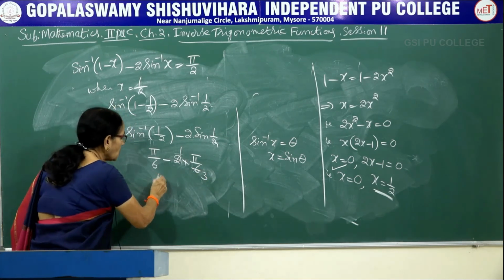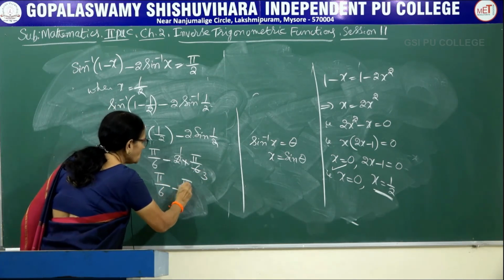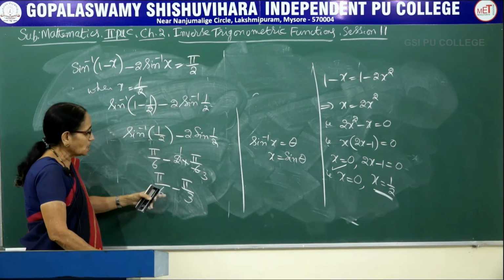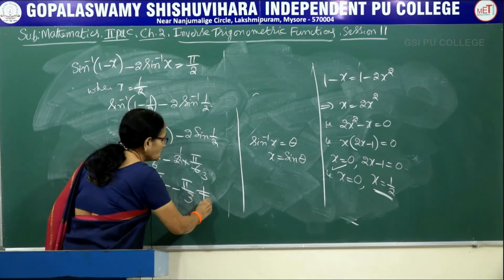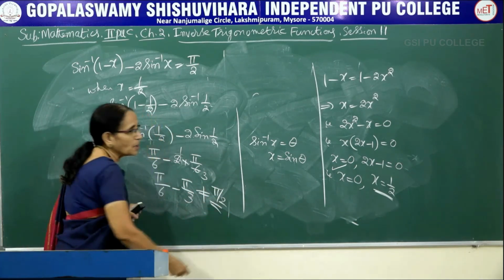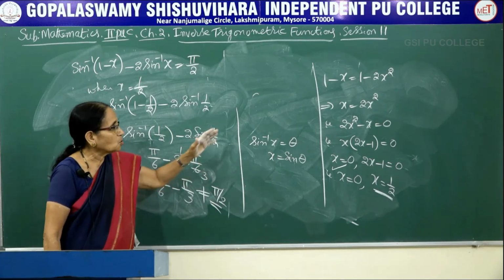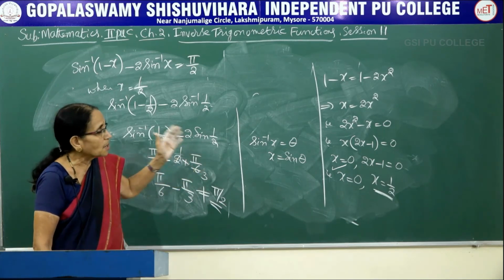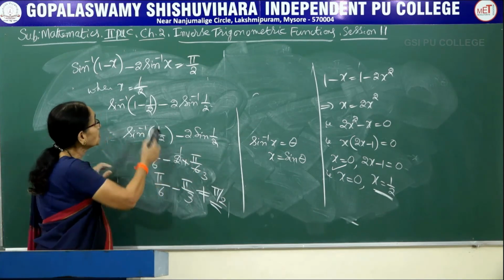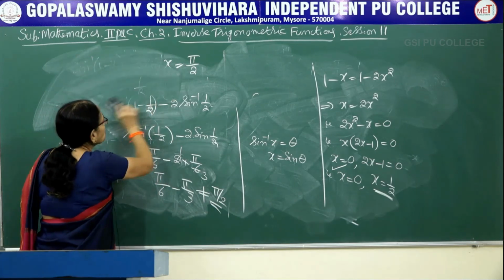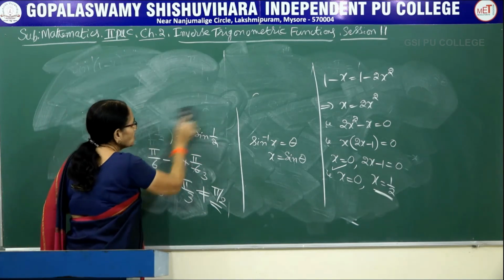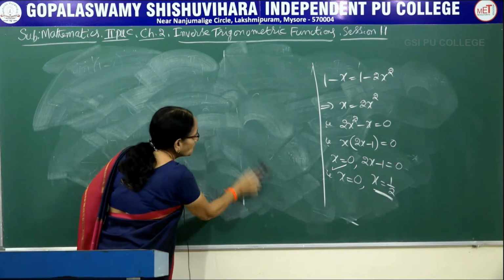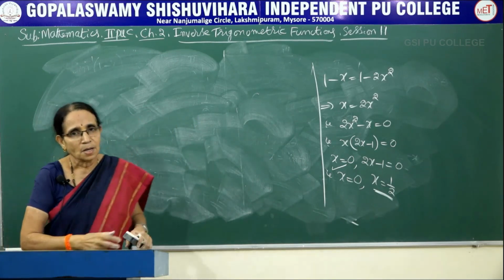That is, what we are having now? Pi by 6 minus pi by 3. If you add them, it becomes pi by 2. We are subtracting, it becomes minus pi by 6. This certainly is not equal to pi by 2. So what is the solution here? Though we got here two values, x is equal to 0 is the only solution which will satisfy the given equation. So in this problem, though there are two solutions, I told you already they don't ask you to verify. Now x is equal to 0 is the only solution for this particular equation.